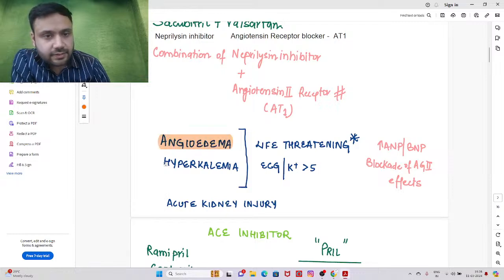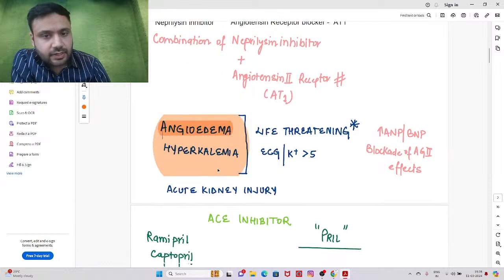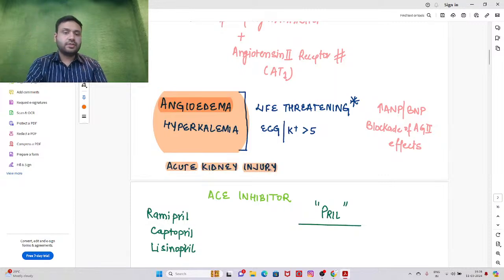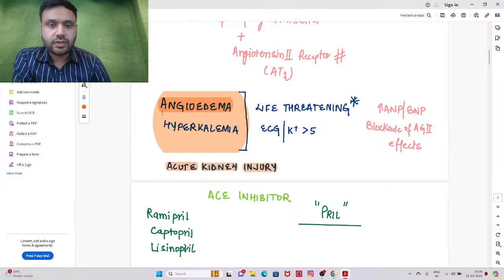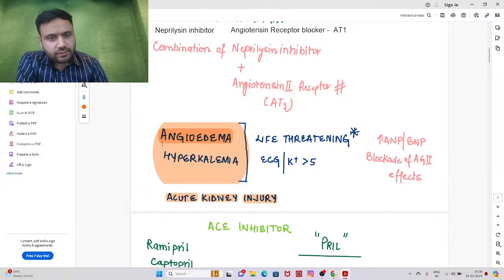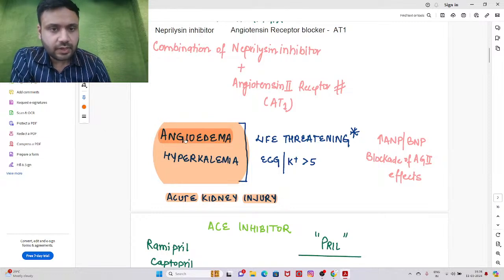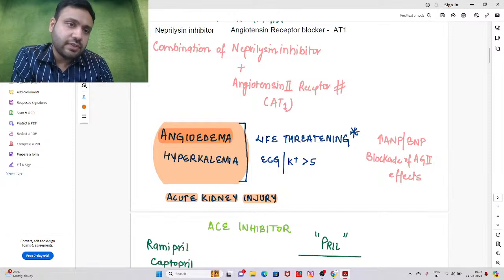The second effect is hyperkalemia, and the third effect is called acute kidney injury. So why do these drugs cause these three? I think we have already covered these. Let's re-review them. So angioedema, as we remember,